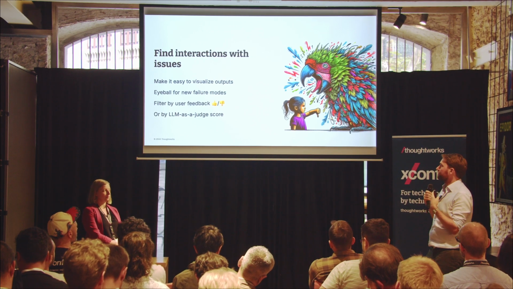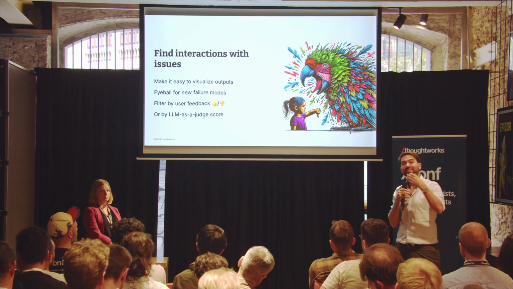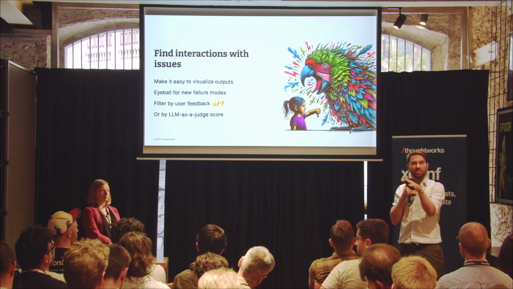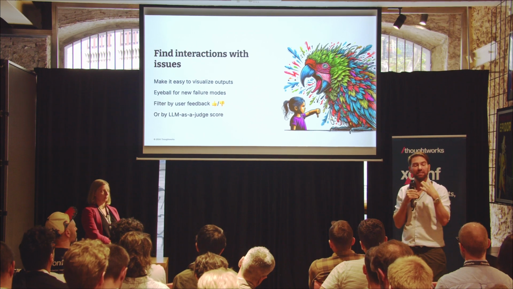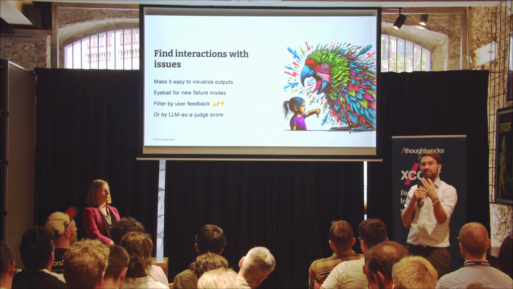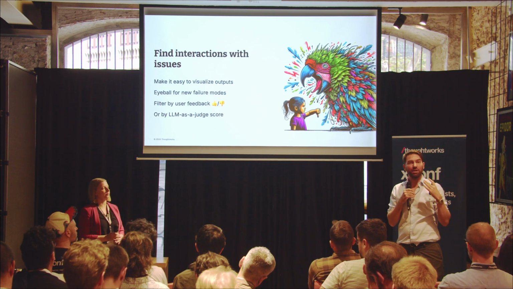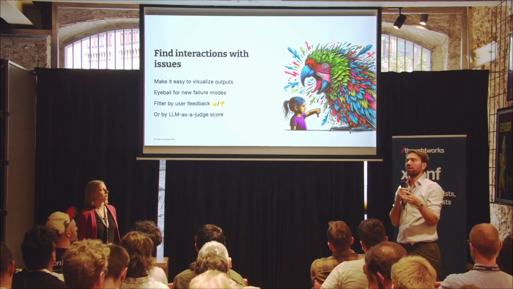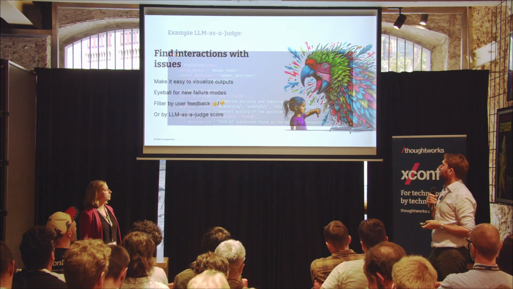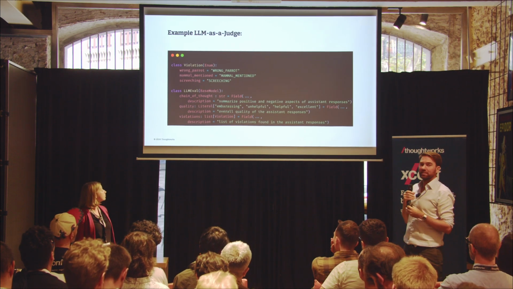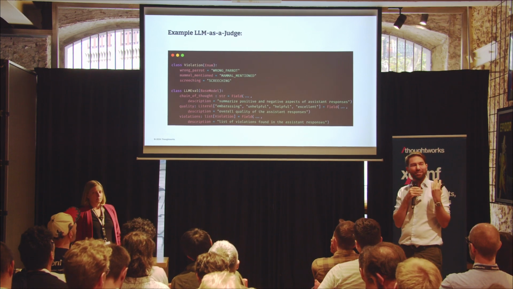But the other way we found works quite well is using this LLM as a judge approach to generate labels like, was it a good conversation or a bad conversation, what was good or bad about this conversation, so that you can filter by that. Then it becomes very easy to find the conversations where a specific thing went wrong or that are very good or very bad, and this helps you be really targeted in your eyeballing. So this LLM as a judge thing, you use a larger LLM to look at your smaller LLM in a way.